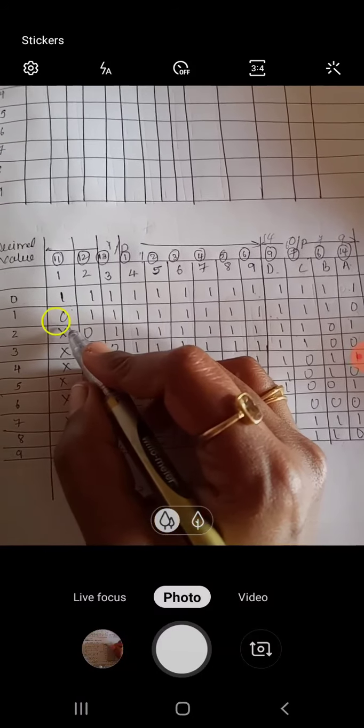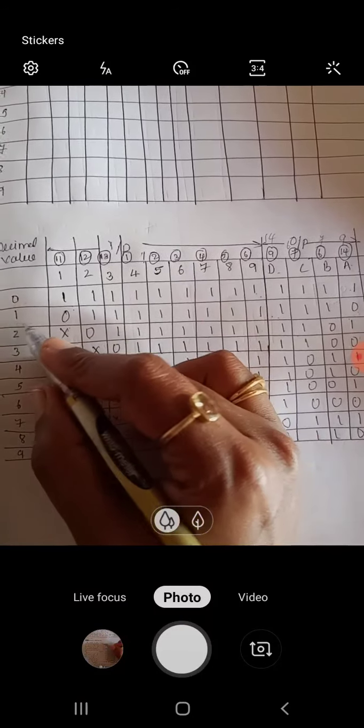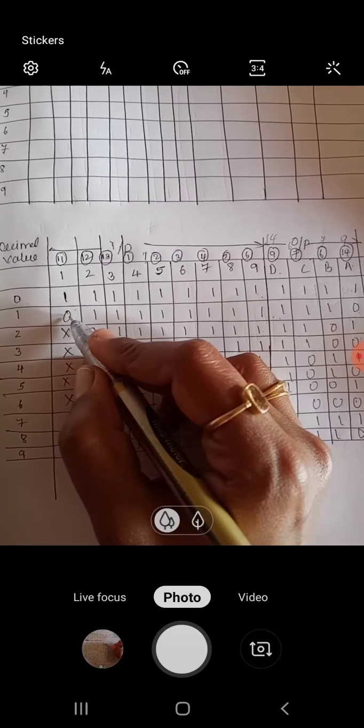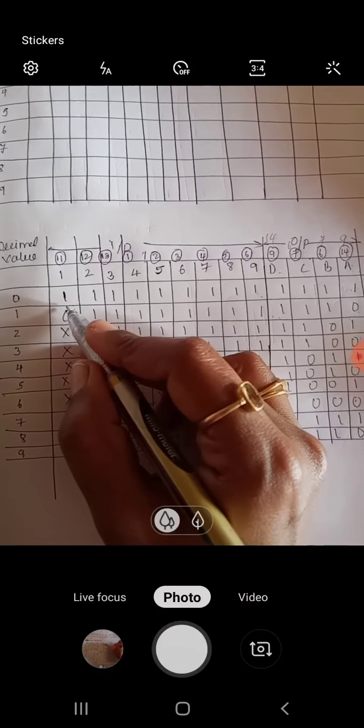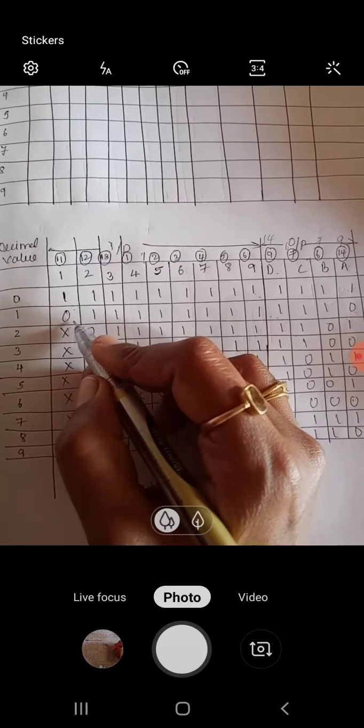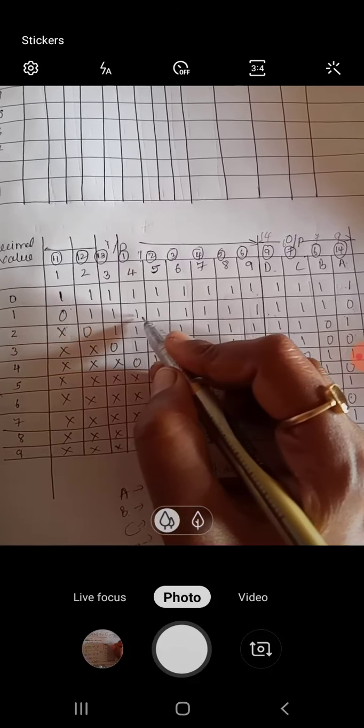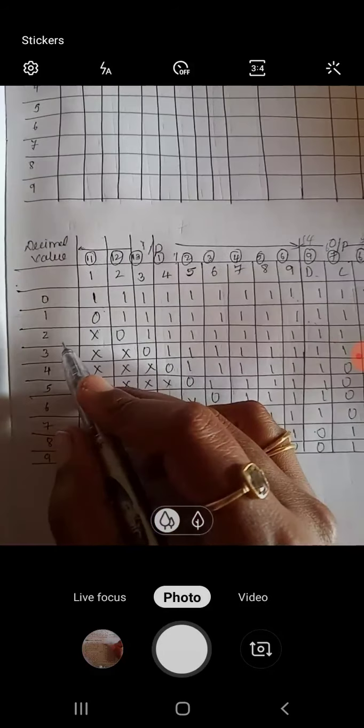So here also A, B, C, D are all 1, means this is 0, 0, 0, 0. So what is the value? The value is 0. Similarly 1, so this is number 1. So for 1, instead of writing 1, I am going to write 0 here. So it means this logic is 0. So all remaining things will be 1. Here also this is 1, means this is what? 2 raised to 0. So what is the value? The value is 1. Okay, similarly 2.